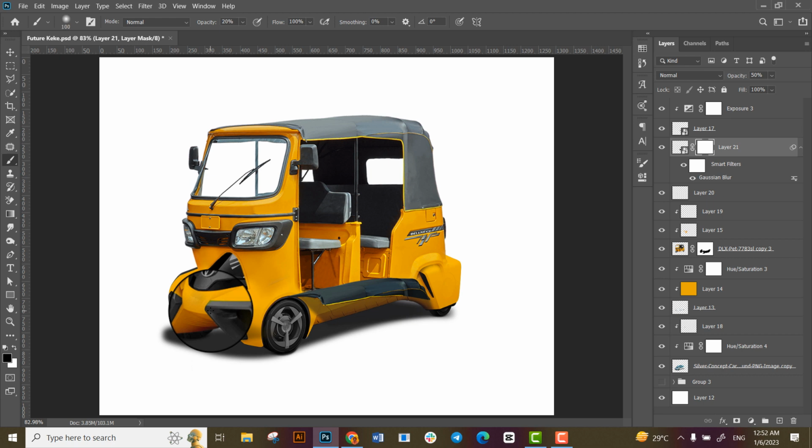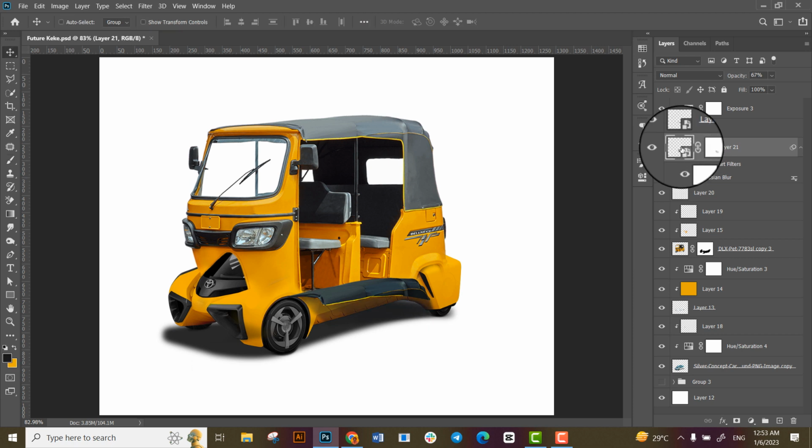Let's set the opacity of our brush to 20% and the hardness to 0. And then I'm just going to chip at this side a little bit. Not too bad. Let's just chip at the side a little bit. I think I might need to increase opacity. Right. So